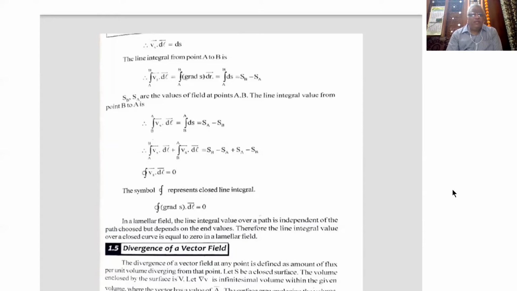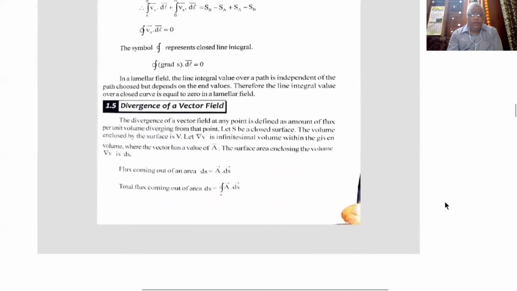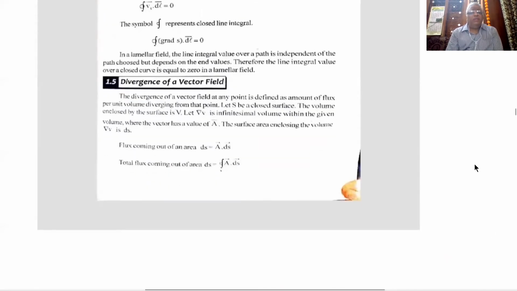Next, we discuss briefly the divergence of a vector field. The divergence of a vector field at any point is defined as the amount of flux per unit volume diverging from that point. Once again, we define divergence of a vector field as the amount